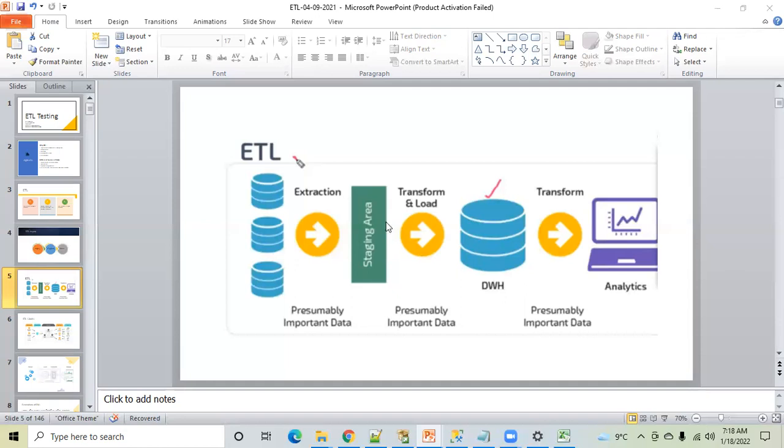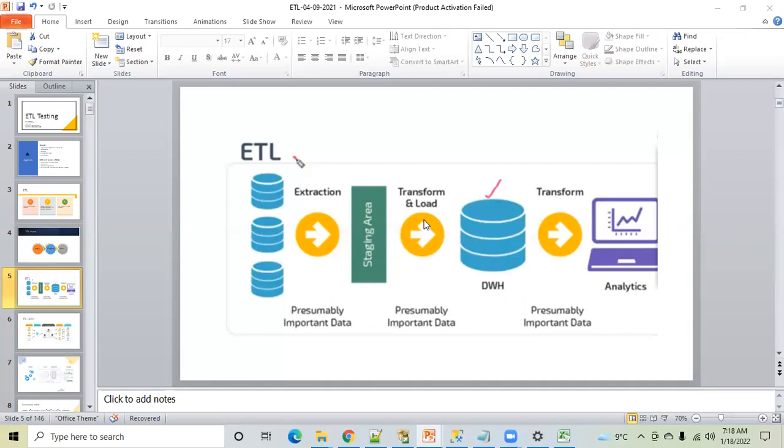After staging, here we will do some transformation logics. Most of the critical or business-related logics are applied after a staging area. All the logics are nothing but formulas. Suppose you are working on banking software, and they're asking you to design software so that it should calculate the simple interest for you. Very simple example I'm taking.